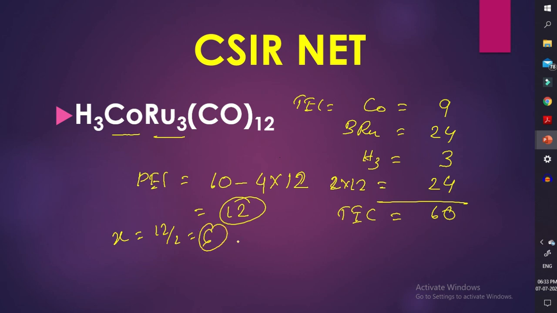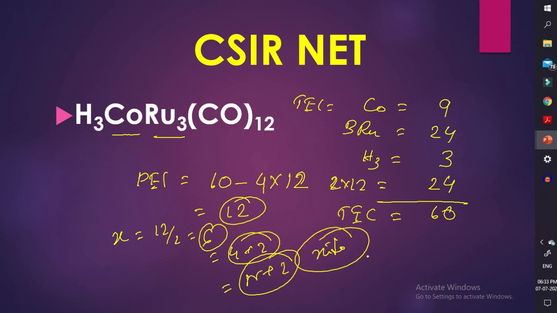Now you have to write 6 in terms of n, which is 4 here, so we can write 6 as 4 plus 2, so x equals n plus 2. That is, it is again a nido structure. So that is very simple, you just have to know a simple rule and calculate the electron contribution from each ligand and the central metal ion. Okay, that is very straightforward.